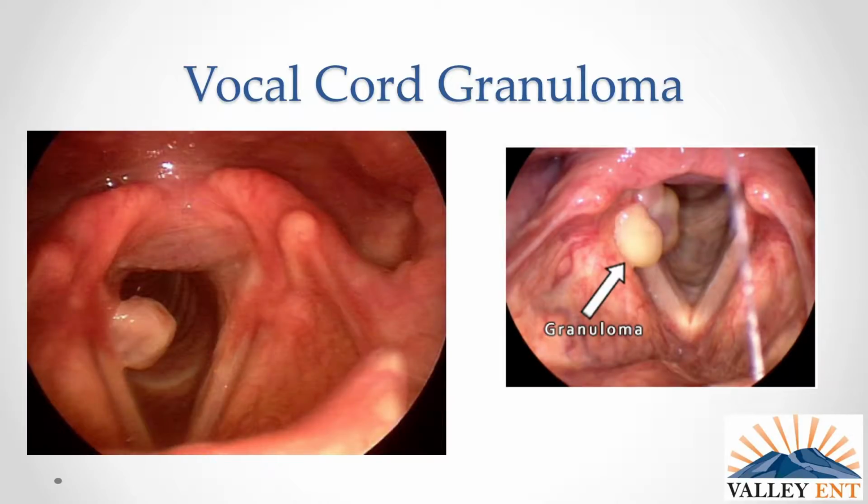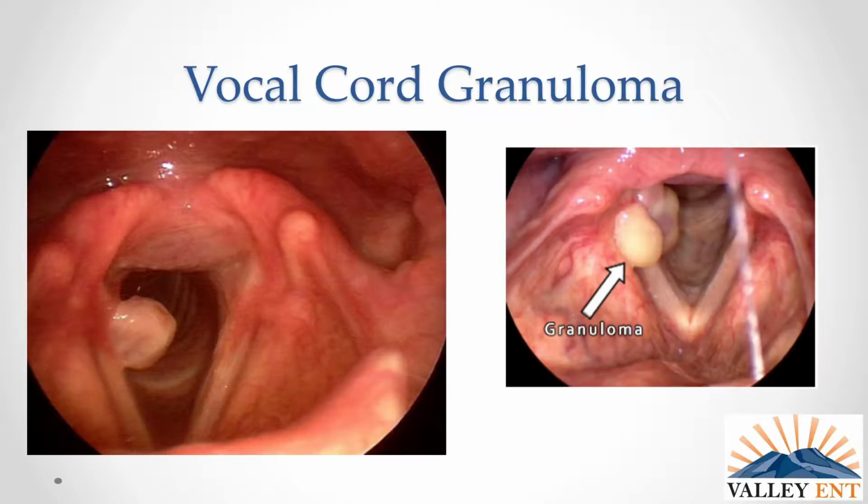These are vocal cord granulomas. We see this all the time after intubations, but we also see it sometimes on people spontaneously. And we think reflux plays a big role. In an intubation, the endotracheal tube lays right here. It pushes on that, and then they're asleep for like 3 hours, right? And so no wonder they get a little ulcer there. If you ever got an ulcer in your mouth, you can imagine how pressing on that for 3 hours could do that. And then the body is trying to heal, but they keep